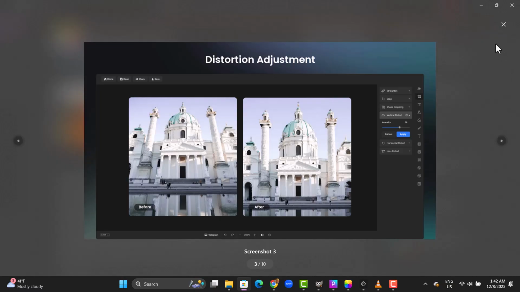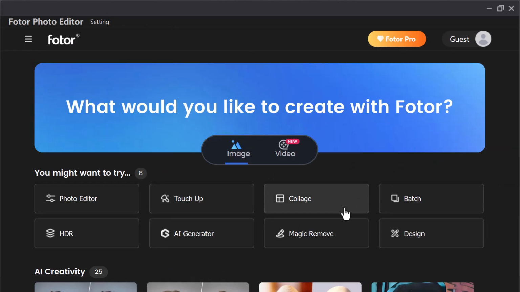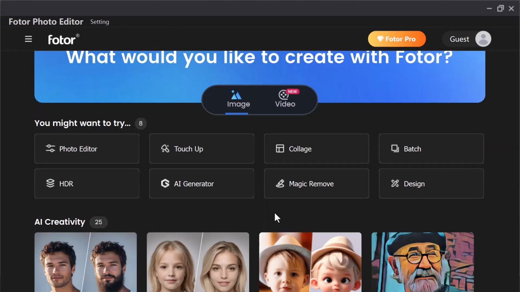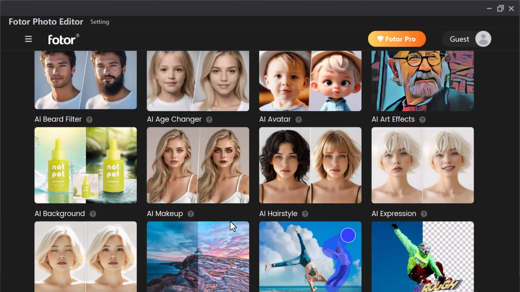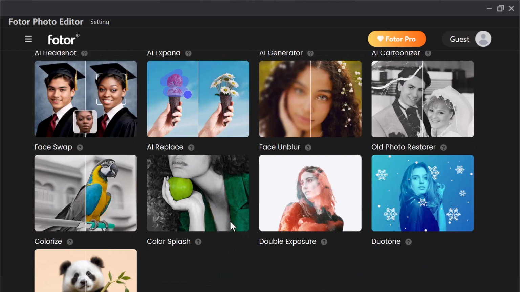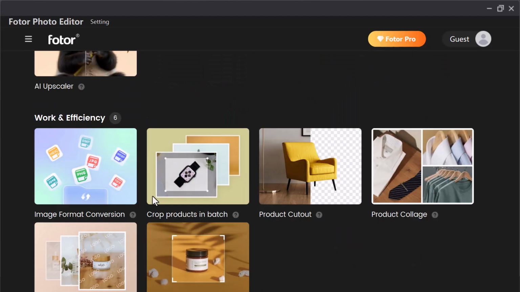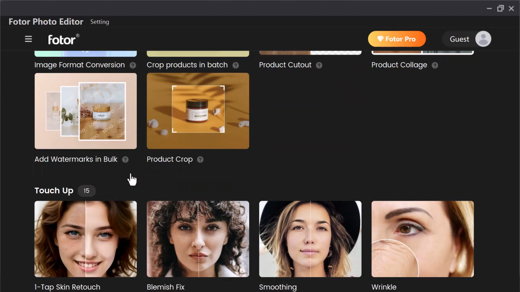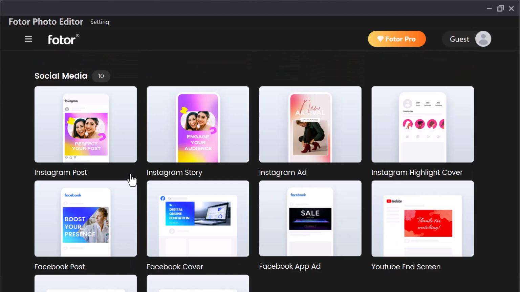Now shifting into the interface, the photo editing options appear first, showing sliders for exposure, color balance, contrast, and sharpening. As you scroll down, the AI tool section becomes visible, offering automated background removal, AI retouch, object erasing, and smart enhancement features. The Templates tab gives you access to posters, social media layouts, collages, YouTube covers, and tons of ready-made